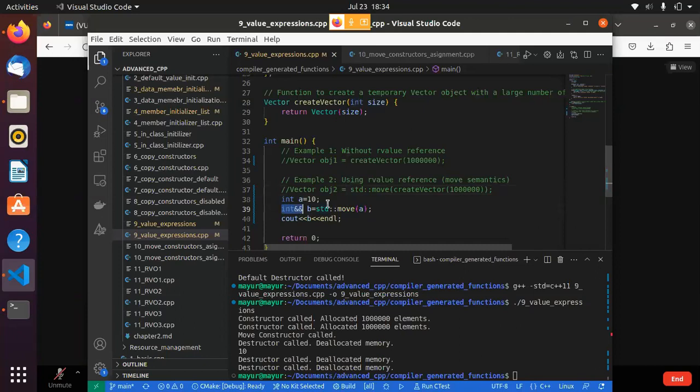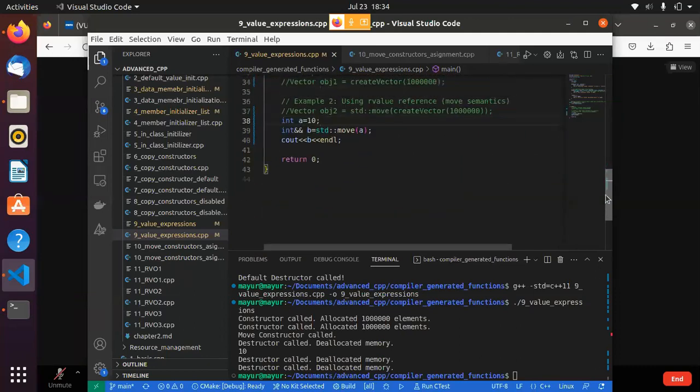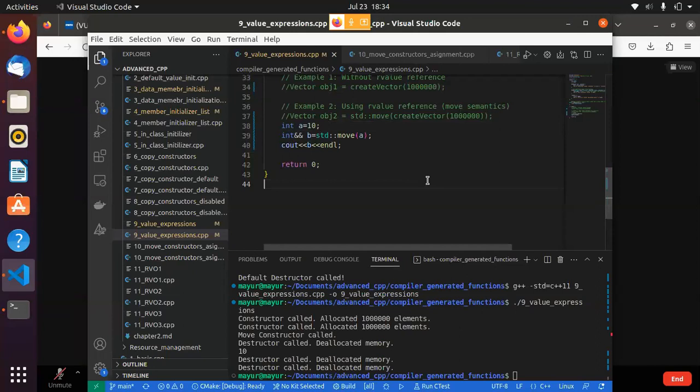So I could just type int&& B equal to std::move(A), and then print B. I haven't defined B anywhere else, so if I save and run this code,